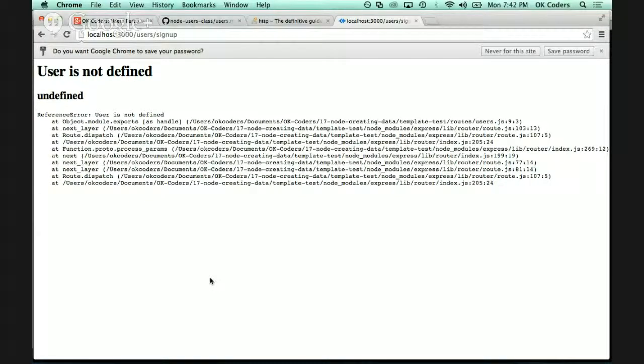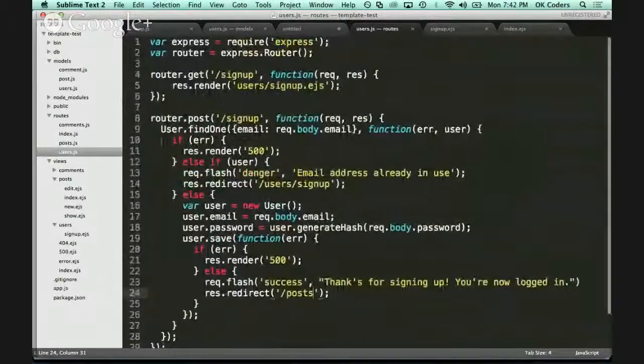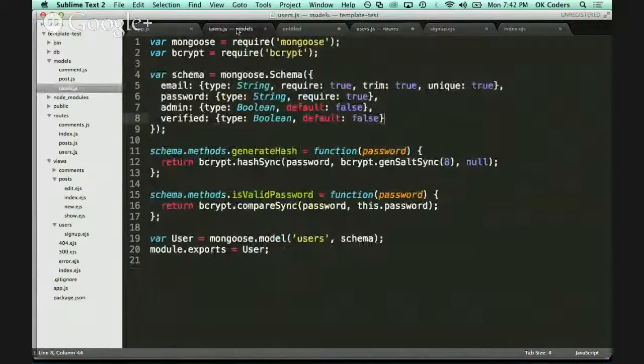So we just got a blow up. How do we solve this problem? Read the error message first. We know that somewhere there's this variable that I've got, user, that does not have a value. It's undefined. It's on line 9 of my users.js file. Okay, so I go to line 9 of my users.js. I sit right there. It's talking about user. I never defined what user is anywhere. What is user? User is this thing that I export from my user model, just like big post and